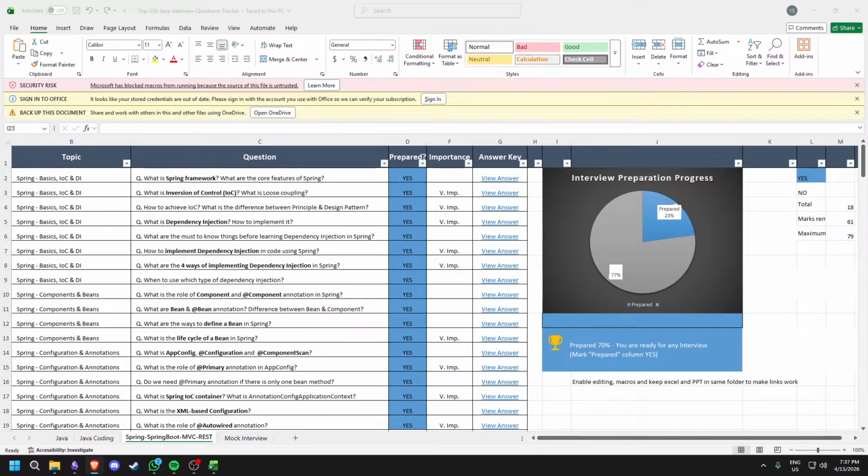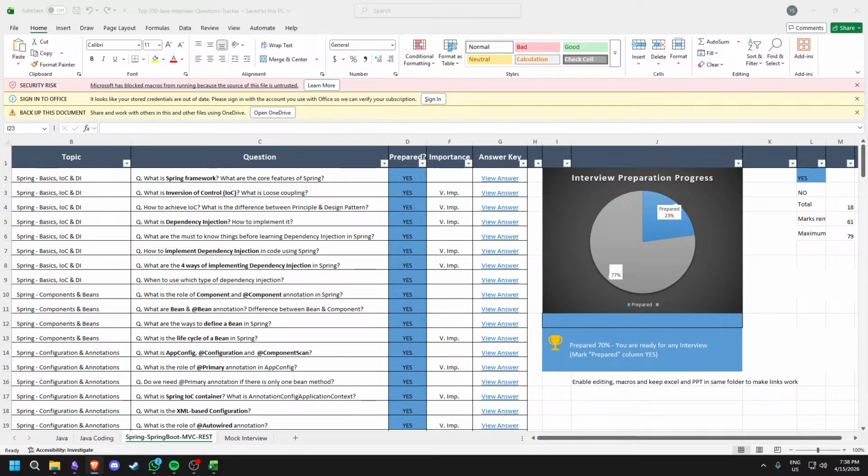अब स्प्रिंग में ऐसा खास क्या है? स्प्रिंग प्रोवाइड करता है IOC कंटेनर, IOC बोले तो इन्वर्जन ऑफ कंट्रोल। ये क्या है? एक बक्सा है। ठीक है, जिसमें आपके प्रोजेक्ट में जितनी भी क्लास बनी हुई है, उनको अपने पास रख लेता है IOC कंटेनर। सबको अपने पास रख लेगा, और जो भी आपको चाहिए वो आप मांग लेंगे और ये दे देगा। ठीक है, फिर से बोल रहा हूं मैं कि अब आप खुद क्रिएट नहीं करेंगे ऑब्जेक्ट, स्प्रिंग से मांगेंगे। स्प्रिंग दे देगा आपको।